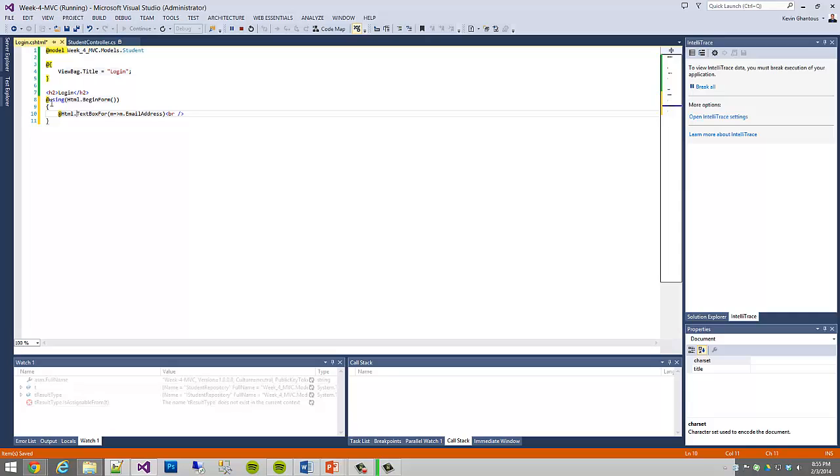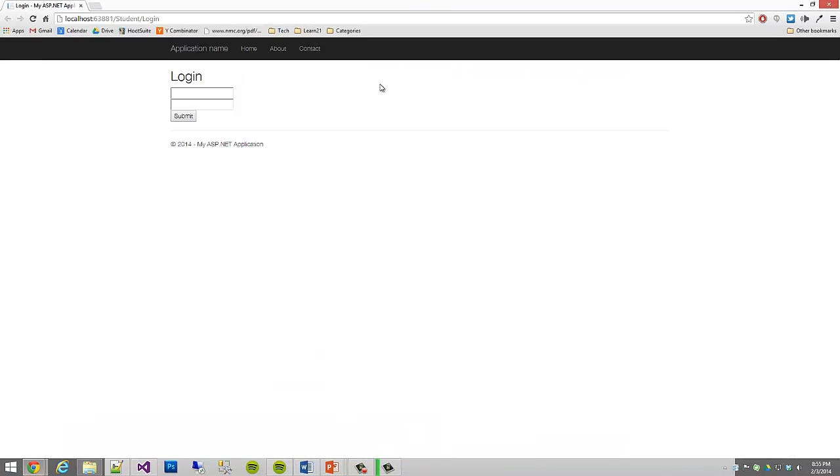We'll put the @ sign in front of that. And then we can do another @Html, and we can say PasswordFor m.Password, BR tag, and then we'll say input type submit, and that will give us our submit tag. So if we save this and we do a refresh and a reload, we'll end up with this type of a form. Now we need a couple of labels here to identify this is username and this is email address